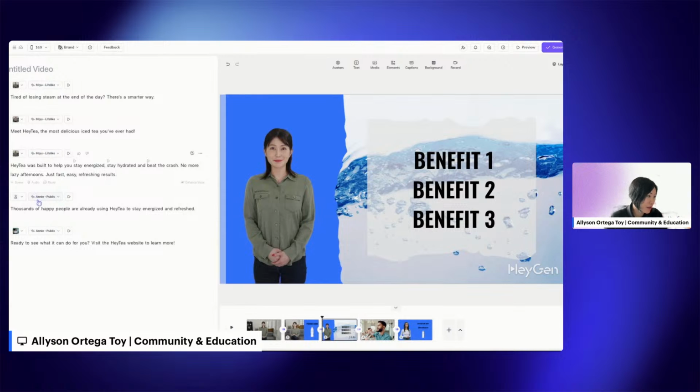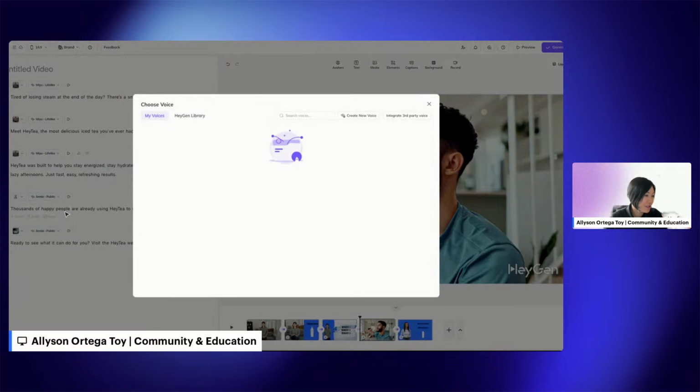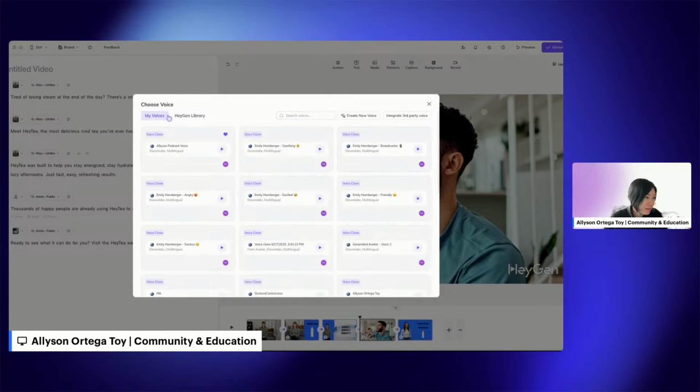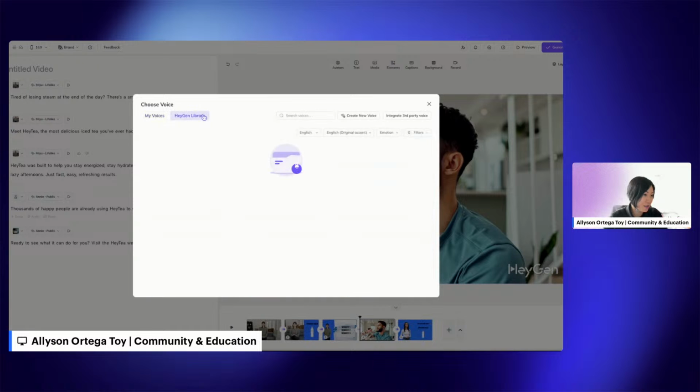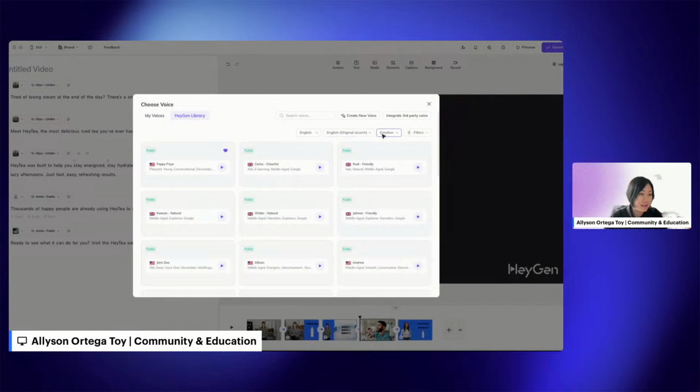And to switch the voice in my next scene here, I'm just going to click this voice module. And then right here, the name of the voice, I can change. So up top will be any custom voices that I've made, or I can go to the HeyGen library. From here, I can filter by a bunch of different criteria. Like, let's say this video is going to be in Hindi, I could